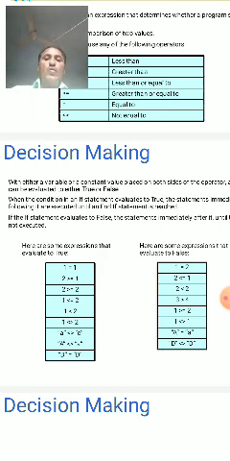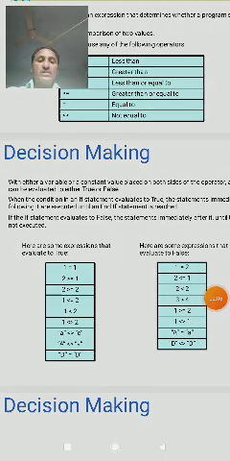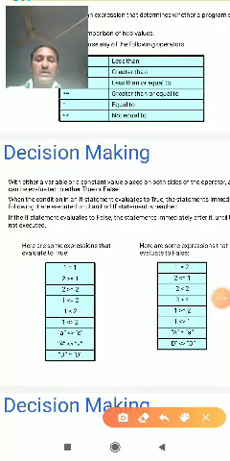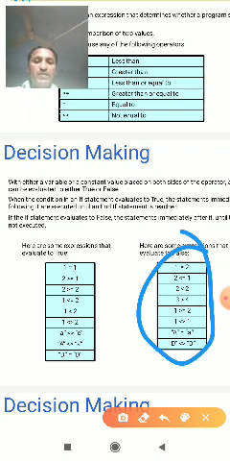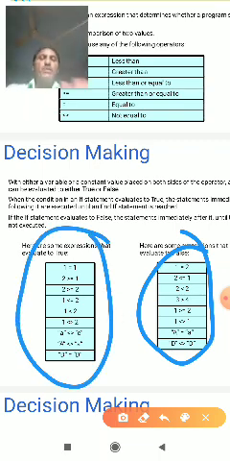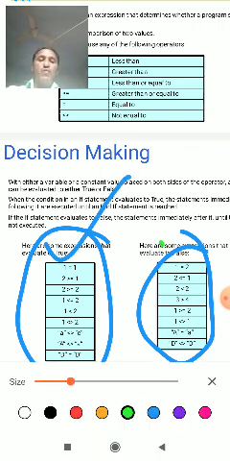For example, 1 equal to 1 is true. 1 equal to 2 is false. 2 greater than or equal to 1 is true. 2 less than or equal to 1 is false. This is what we discussed in the last class: the comparison operators. Both values give true or false; this is called true, and this is called false.